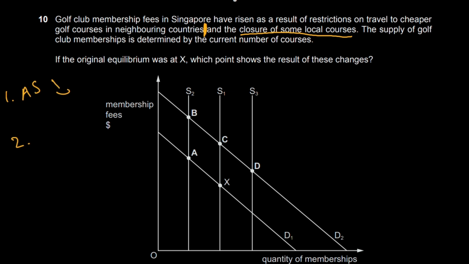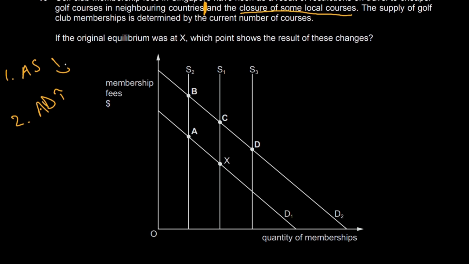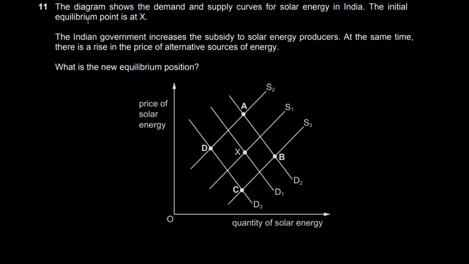The second effect that we will have after this number of changes is that the factors that might affect demand for membership might increase, as now they are the only available options for golf enthusiasts in Singapore. So our aggregate demand, this too will increase. So let's apply both changes in our graph. Our supply shifted from S1 to S2. So we were first at X, then we moved on to A, and then our demand increased. So it shifted right from D1 to D2. So then we moved on from A to B. So the answer is B. It was quite simple. Moving on to the next question.